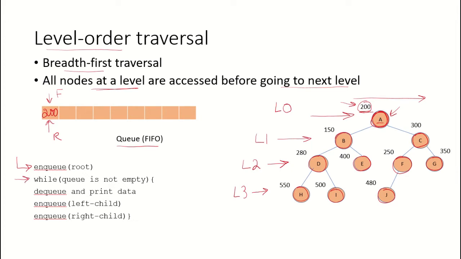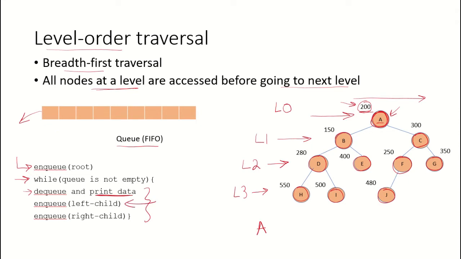Now till the time the queue is not empty, we will begin this loop and keep executing these statements. The first statement is dequeue and print data. Dequeue would always be from the front. So this 200 would be dequeued, and whatever was the data at that particular node, A would be printed out. Now the queue is currently empty,